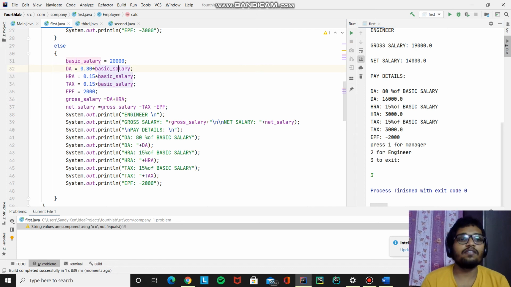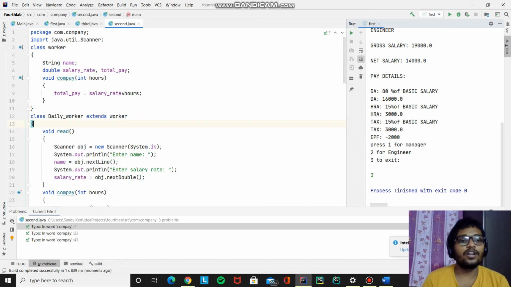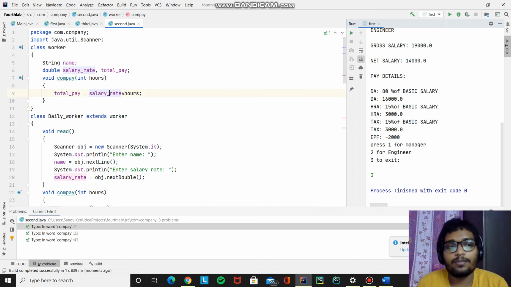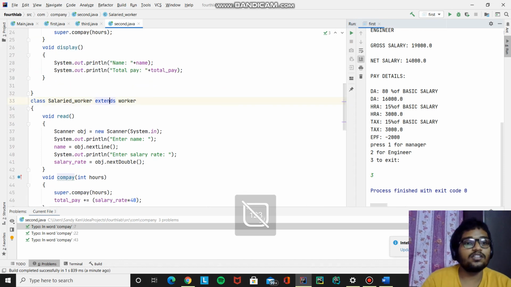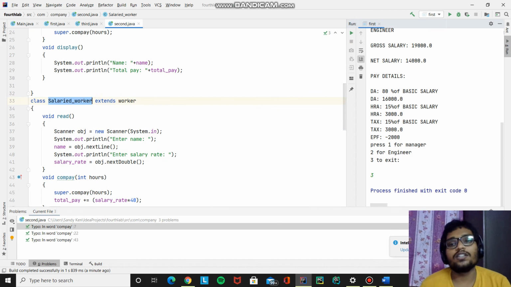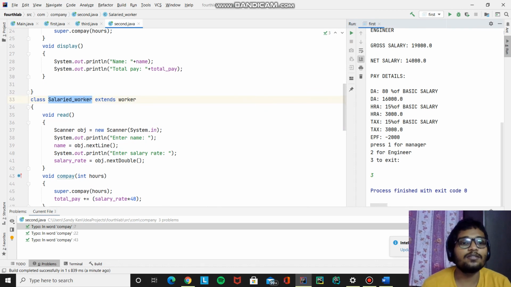The next program we have here is to calculate the total pay of a worker. Now the same concept of method overriding we are using in this program also. Here worker is of two types in this program. It is just assumed like that. One of them is a daily worker, and the next one is a salaried worker. Both these two kinds of workers are assumed as two child classes of a parent class, that is worker.